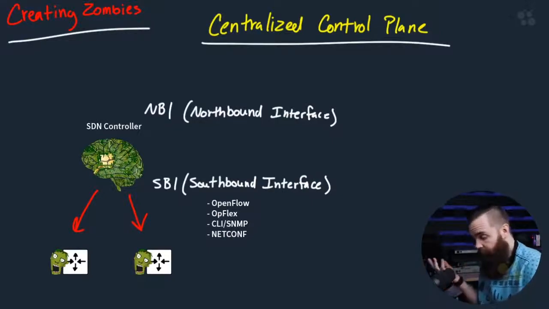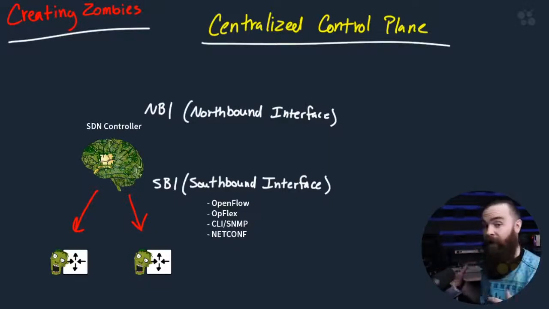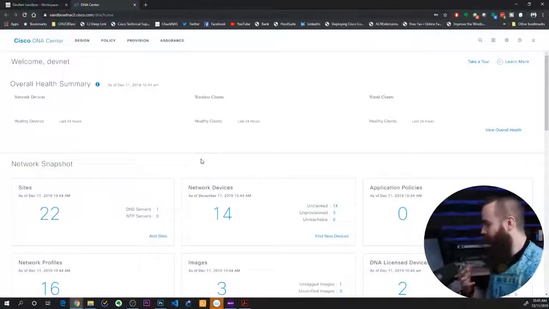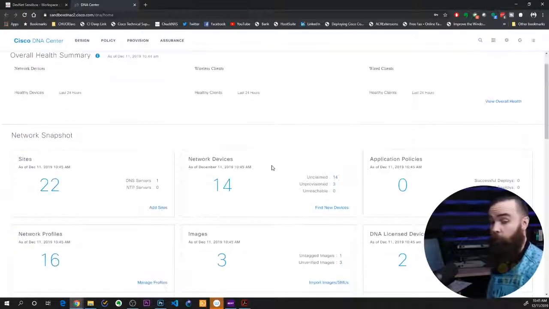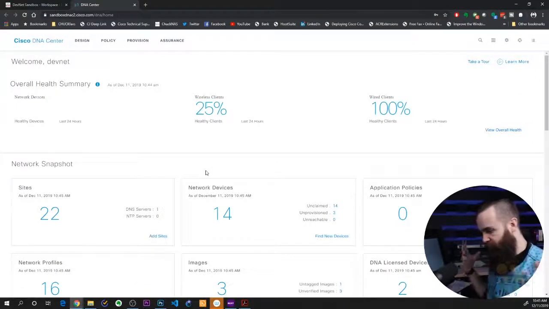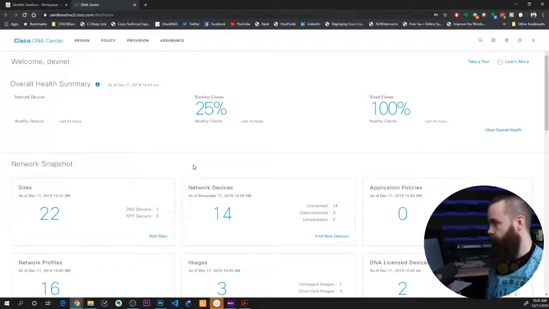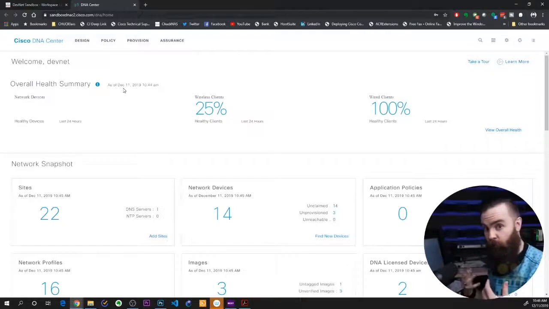Well, first of all, it can be a GUI. It can be a beautiful graphical user interface that we just interact with. Here's one right now. I'm in the Cisco DNA Center GUI, and with a software-defined networking controller that has a GUI, which most do, you can pretty much control anything in your network. If I wanted to create VLANs across my network or configure OSPF or just say I want these guys to be able to talk to these guys, I would do it through this controller. And click, magic happens. This is one example of a northbound interface.